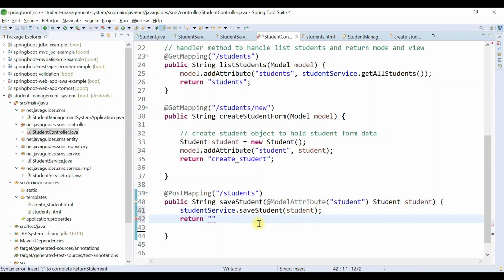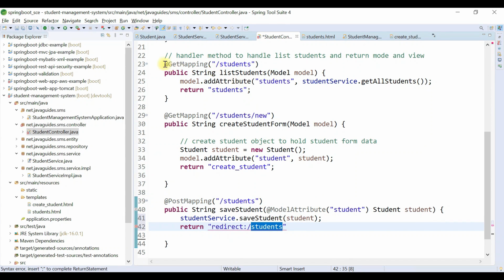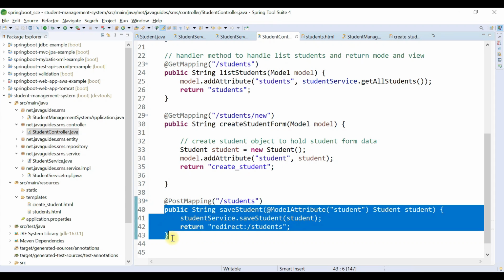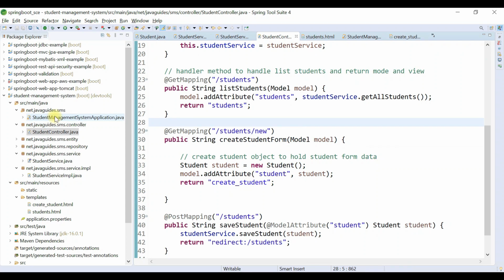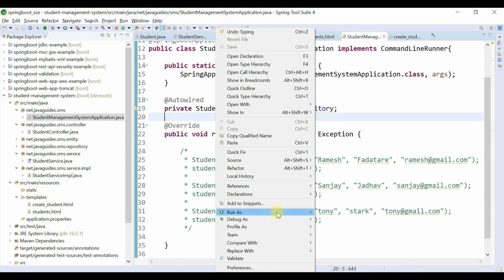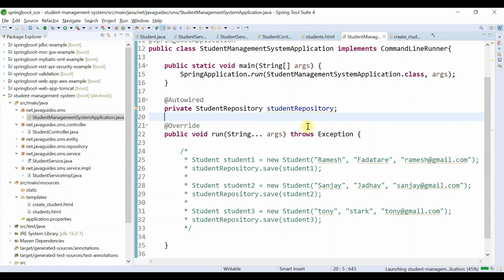And now here we are going to return, basically we are going to redirect to students page. So once user successfully adds a student, then we need to redirect to students page, right? So for that we are going to write here the statement like redirect to students page, and students page means here for this request. Okay, so after executing this method, it will redirect to this method handler. Alright guys, let me quickly run our Spring Boot application and let's see how it works.